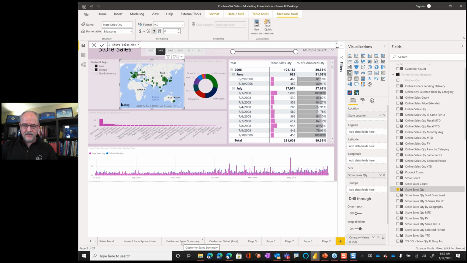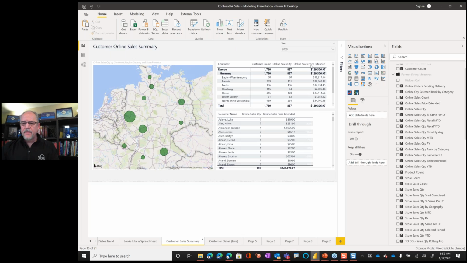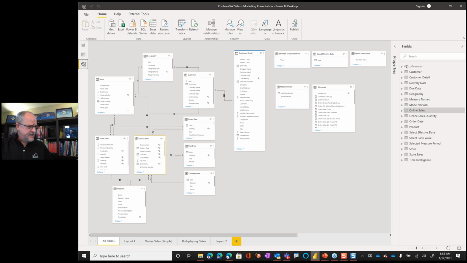So here is my customer sales summary page where I see certain measures organized by regions, and I can actually see the customers, but I only have a few fields available to me for each of these customers. Now, let's take a look at the data model so you can see where we're going here.